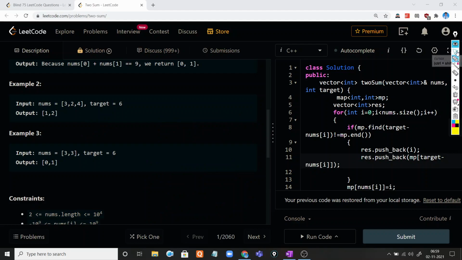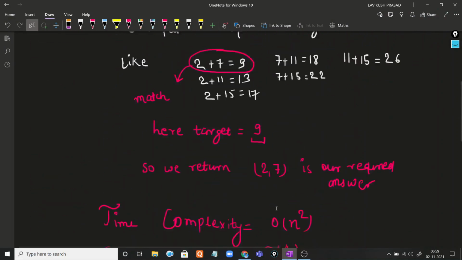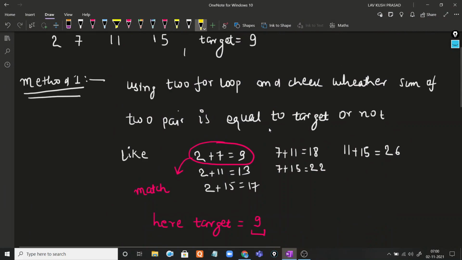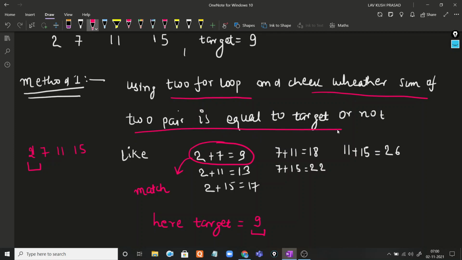So let's get into the problem. There are two methods to solve this problem actually. In the first method, if we have a particular array like 2, 7, 11, 15, what can we do? We can use two loops and check whether the sum of a pair is equal to the target or not.